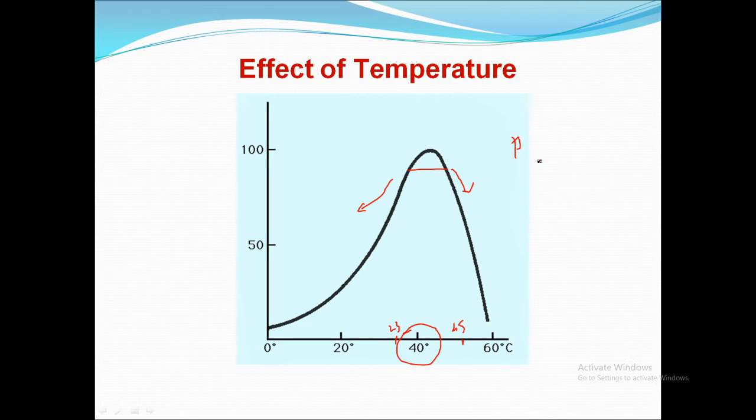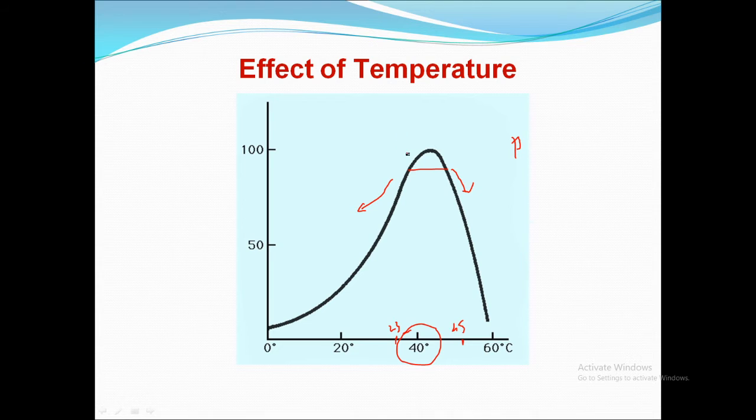Their structural moiety changes, and when that changes, they aren't able to attract the substrate into their active site. They aren't capable of adding the substrate within their active sites. So when the substrate doesn't get added within that active site, they can't show their activity. The substrate can't fit into the active site, and that substrate doesn't change.